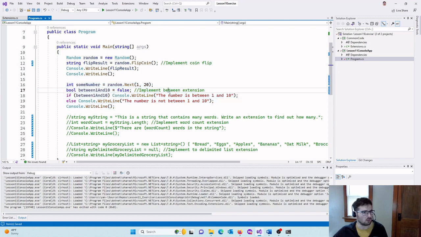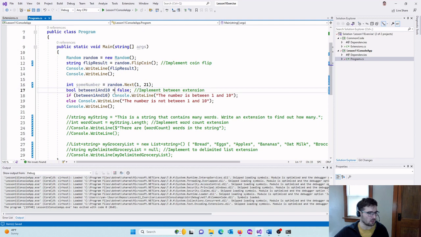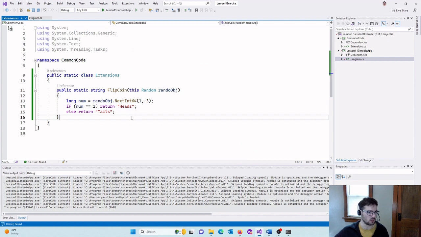So we want to be able to check if a number is between two other numbers. Okay, so some number will be a random number between 1 and, well, now it'll be between 1 and 20. And the extension method will check if it's between 1 and 10. All right, so to do that,